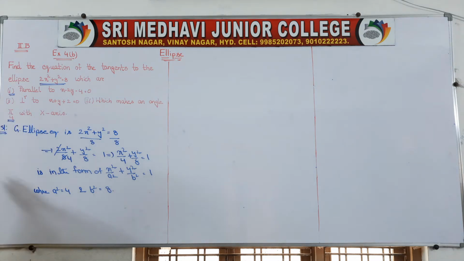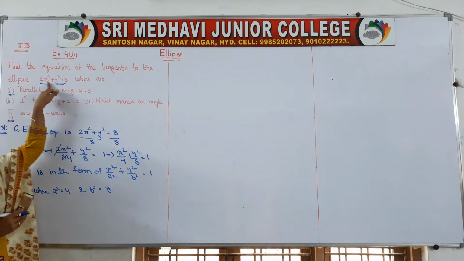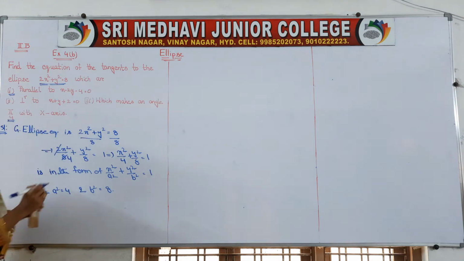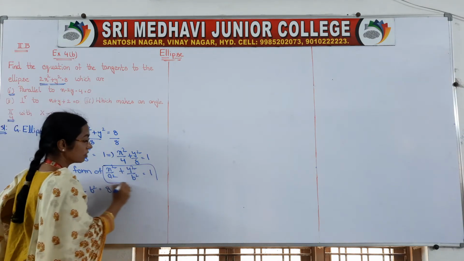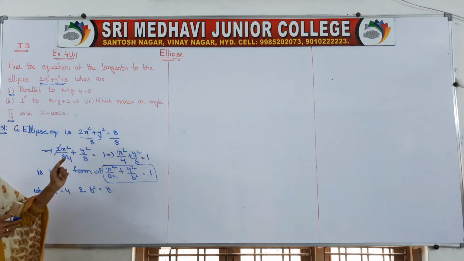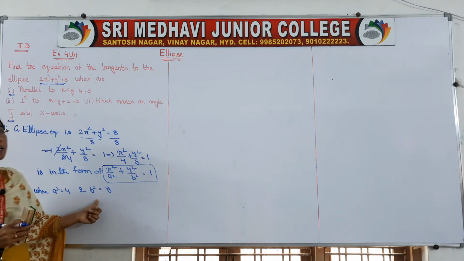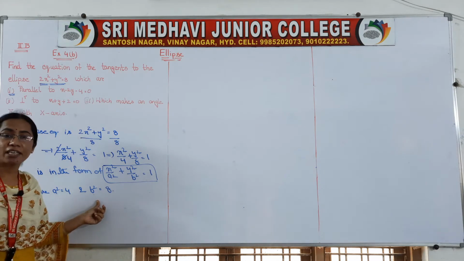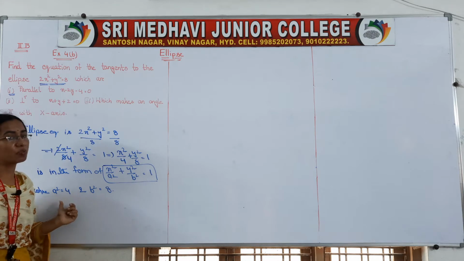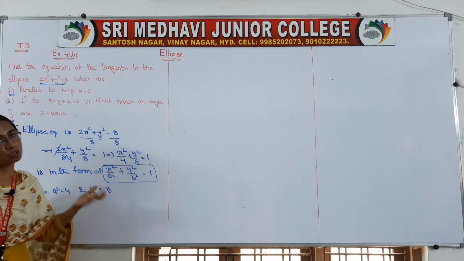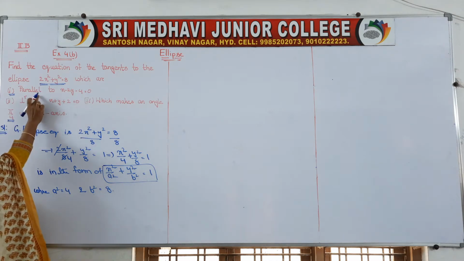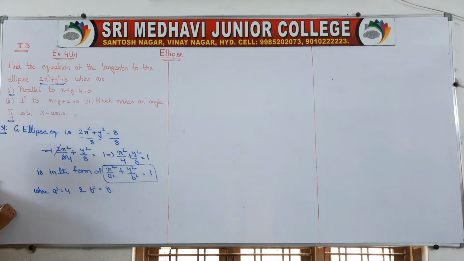Okay? By comparing, reduce the given ellipse equation into standard form, right? Reduce the given ellipse equation into standard form and try to get your a square, b square. Why do we have to do it like that? In finding the equation of the tangent, we need the a value and b value of any ellipse. Okay, so come on, now first we will take the first question, right?